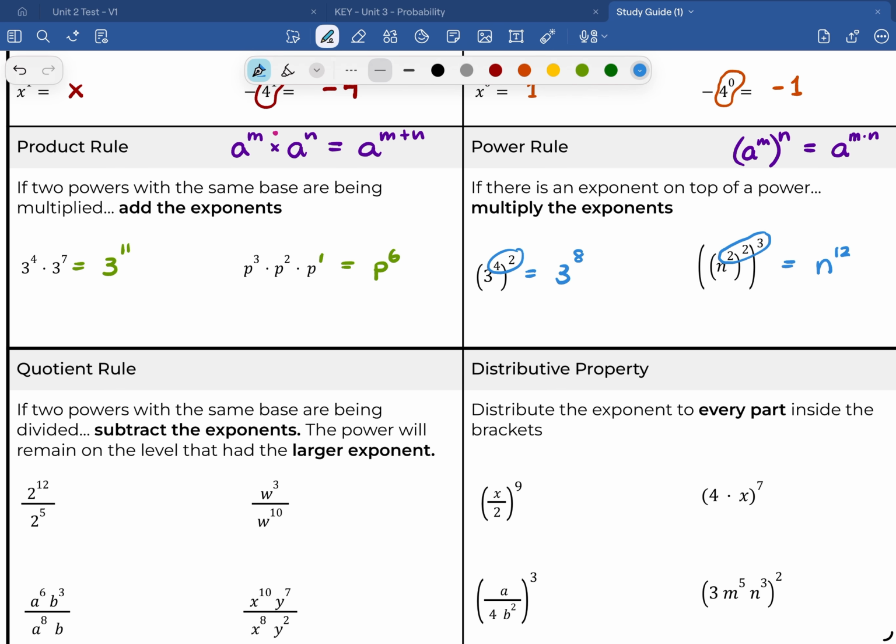The one thing that we do want to be careful of, and these ones have pretty big numbers, is that if we have a numerical base, we can actually evaluate that. And as part of your final answer, you would want to do that on the test. So in this case, we can actually say, what is 3 to the power of 11? Typing in 11 times might be a lot, but what we get is